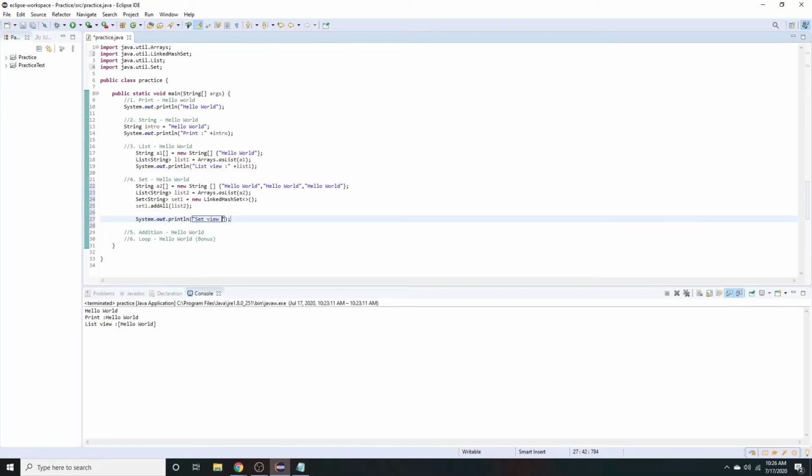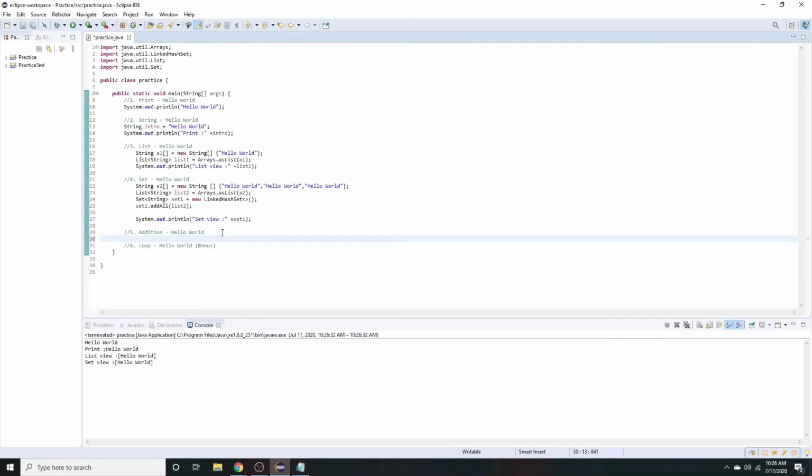Set view. Set1. Let's print it. Even though I have like 3 hello world in the list, I'm getting only 1 hello world, because set removes the duplicates. Okay, so I'll go for the next method,